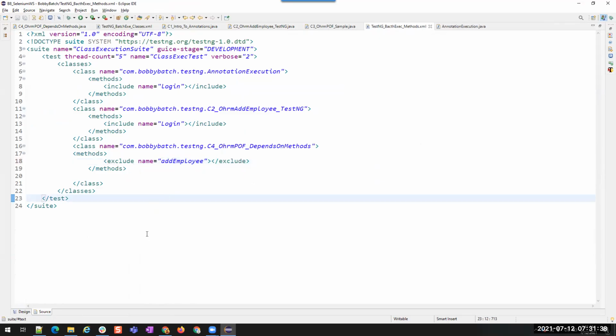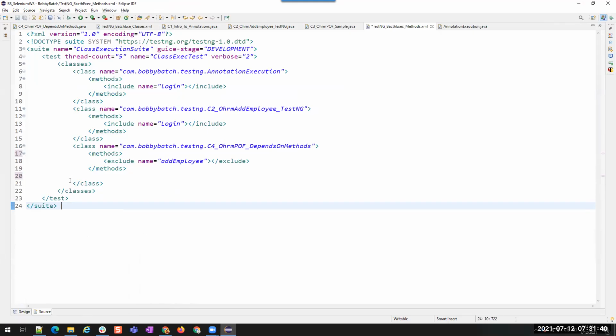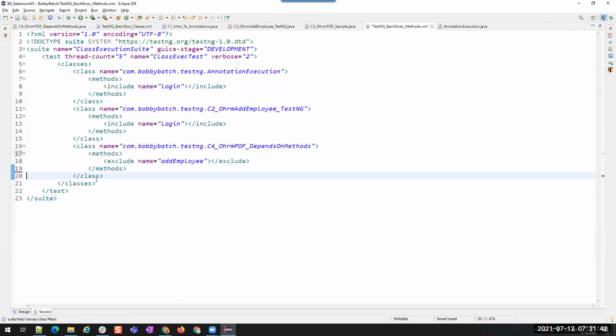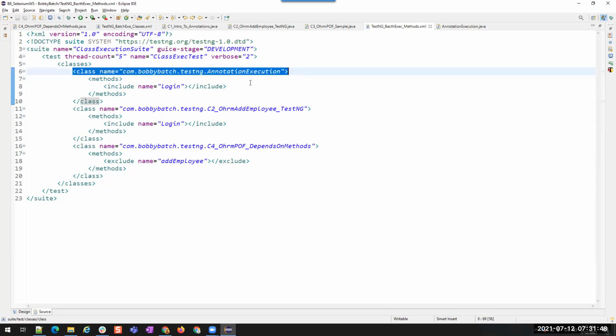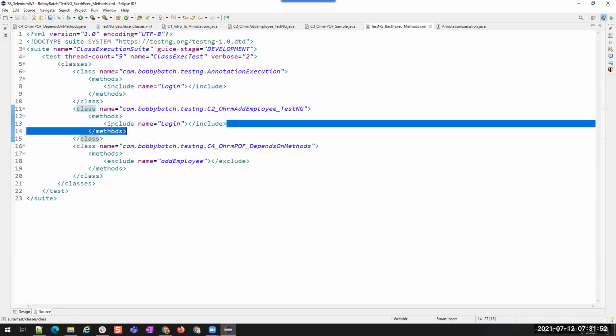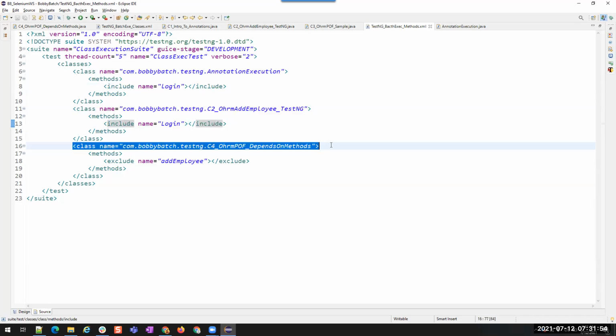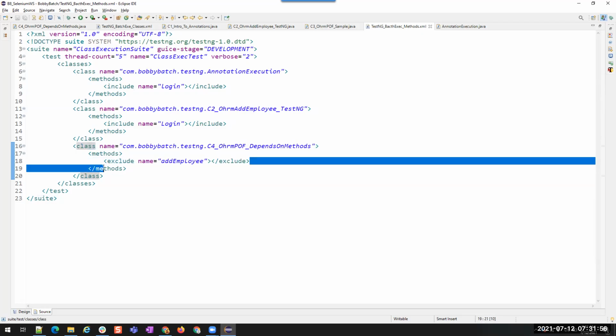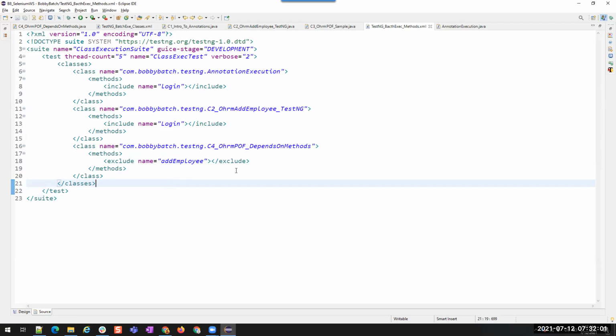Now our XML file is ready. So what is going to happen here? In this particular class, I want to execute only this method. In this particular class, I want to execute only this method. In this particular class, except this method, I want to execute everything. So now let's run this and see what happens.